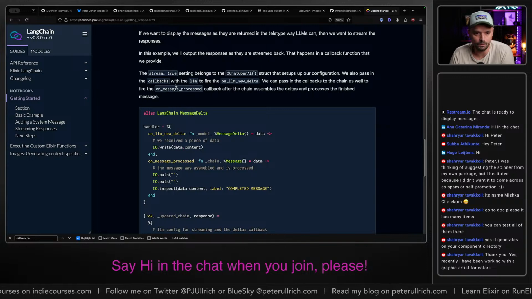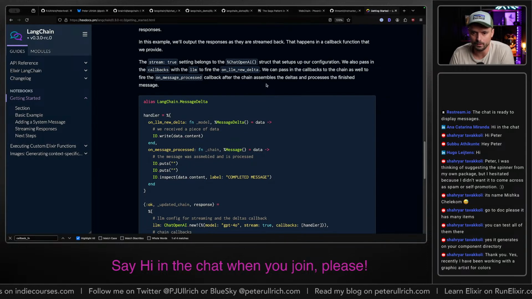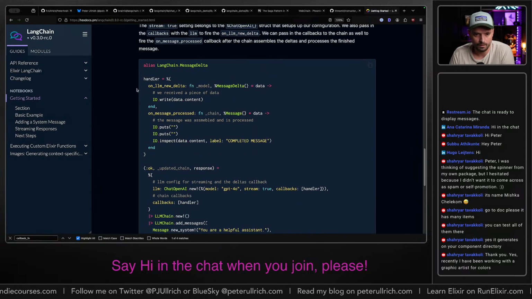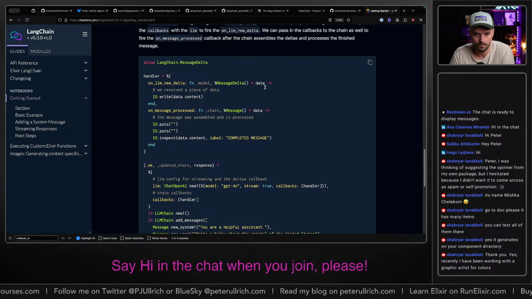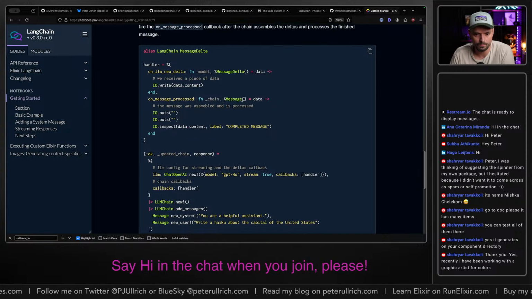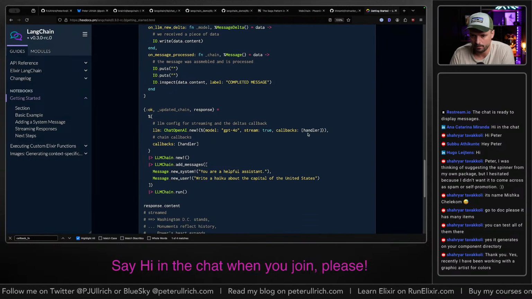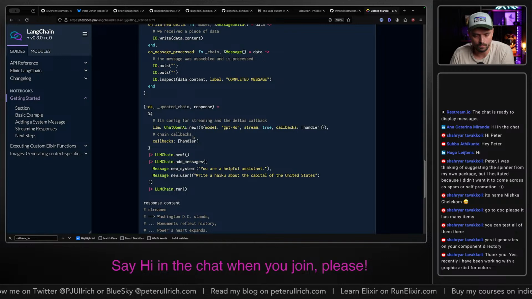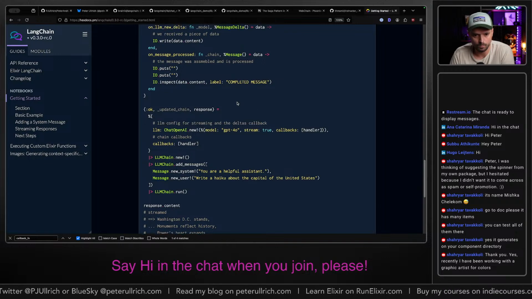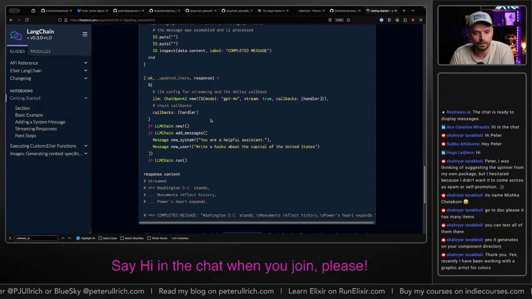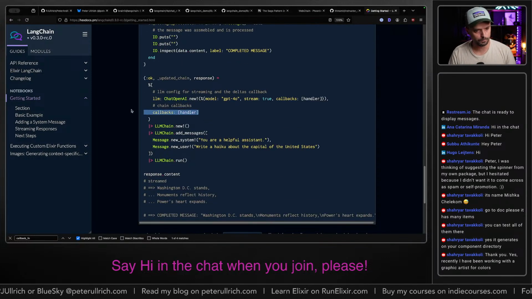We also pass in the callbacks with the LLM to fire the on LLM new delta. FN model. Yeah. Chain callbacks. But why do they have... Oh, do we need to add them in both? Maybe we need to add them in both places.